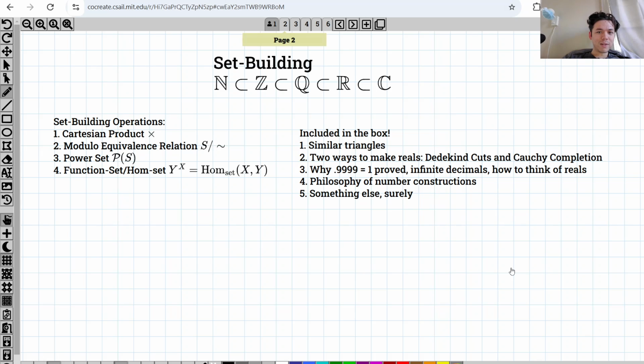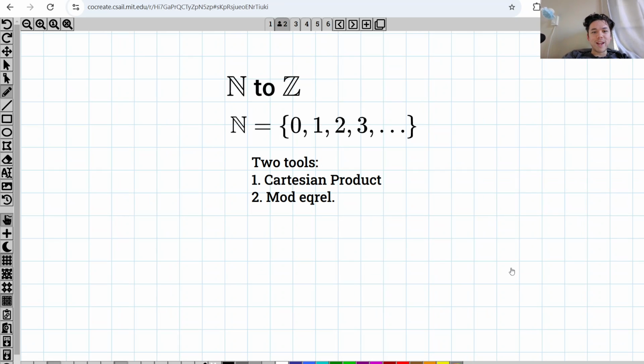But to start off, we're going from natural numbers to the integers. So what are the natural numbers? Now, it's already a little bit controversial because some people say natural numbers start with 1, 2, 3, and some people say it starts with 0, and they say the whole numbers are 0, 1, 2, 3, etc. This often actually changes depending where you are. I think more often in France, you'll start with 0. If you go to France, in their elevators, the ground floor is 0, and they'll have negative numbers and things like this. But to keep it simple, we're going to start with 0, and I'm not going to construct the natural